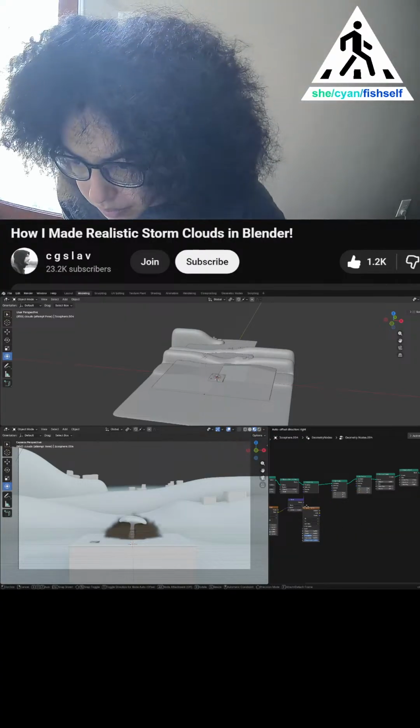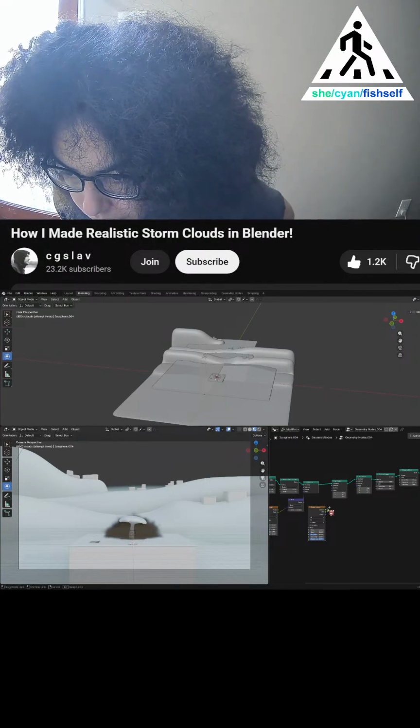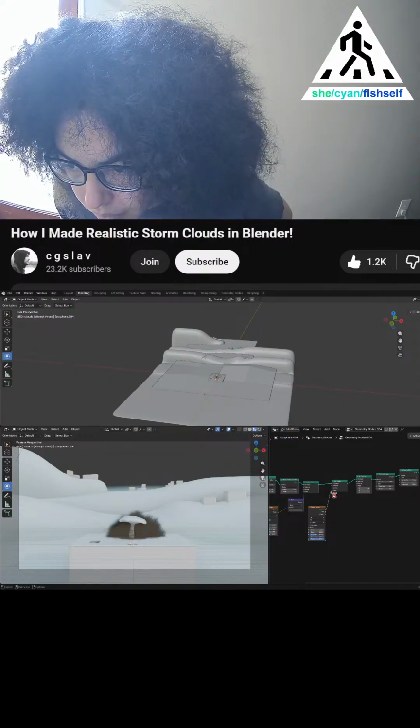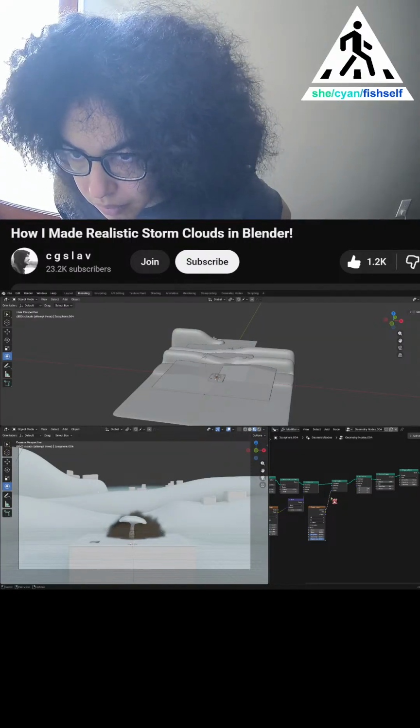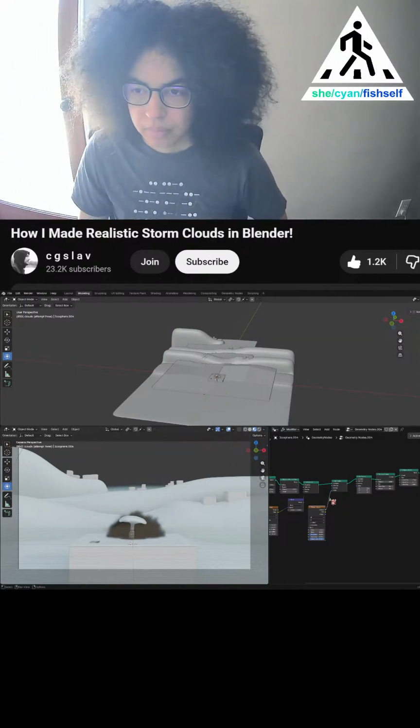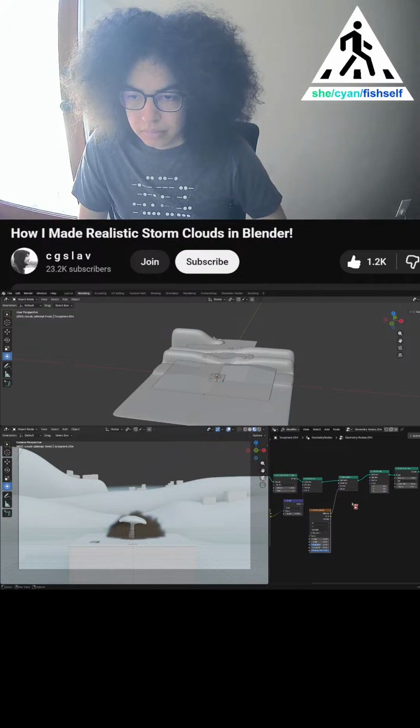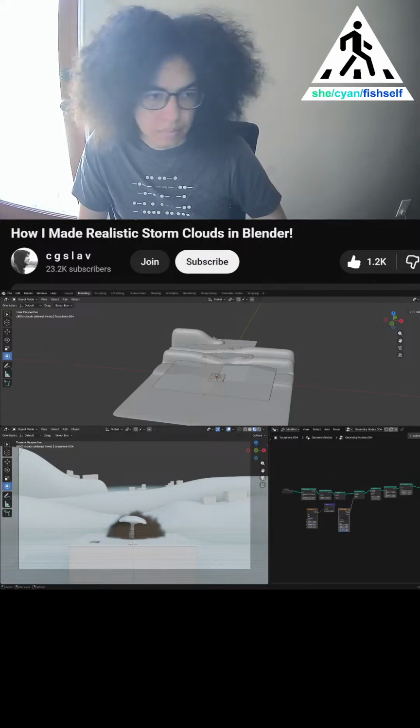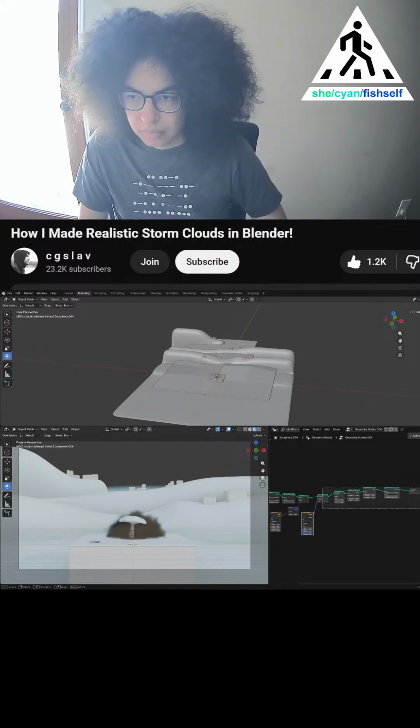Texture. I need a specific combination of nodes. First, I add a vector math node and set it to